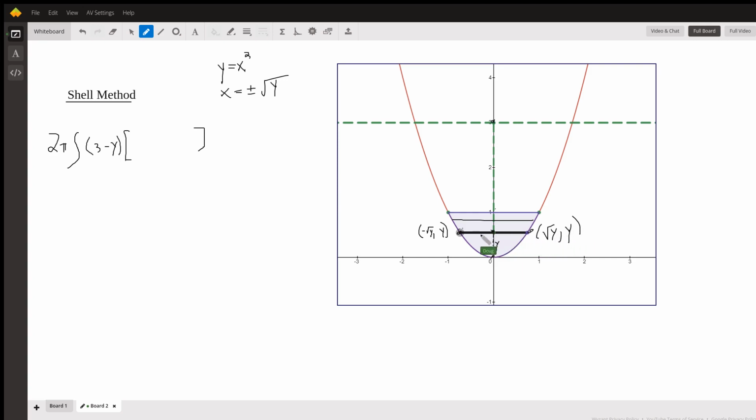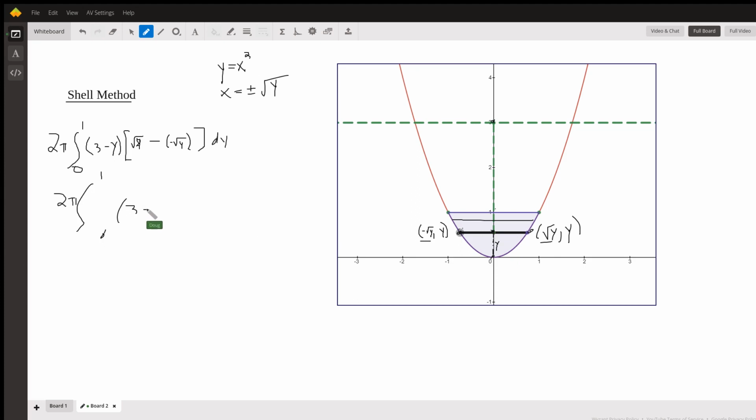And so the height of this shell is the x coordinate at the right minus the x coordinate at the left. So it's the square root of y minus the negative square root of y. And of course, dy. And just so you can see what this looks like. Oh, by the way, we went from 0 to 1. That's where these typical shells occur. 0 to 1,